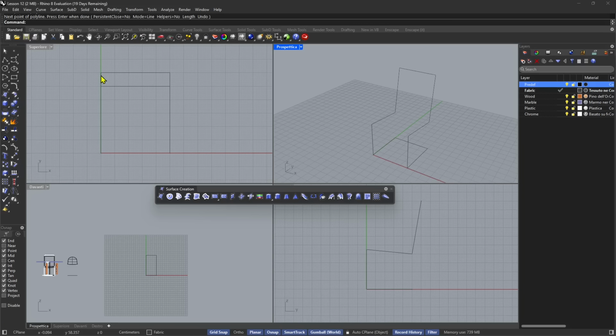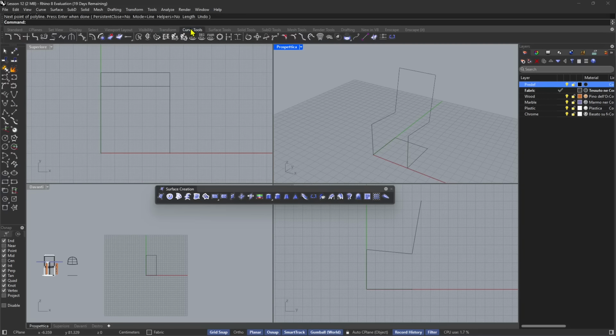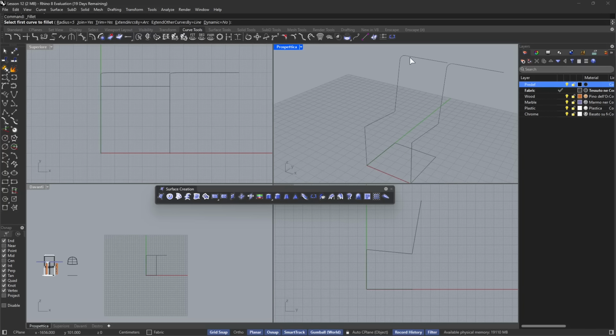And how do we do that? With the fillets, which we find here or in the curve tools. You always have many ways to access tools. I'm going to do a fillet curve repeat in this case because we have more than one. The radius, let's say, is going to be 5 centimeters. Press enter, and we can also join the objects that we select and then trim as well. And that's it. So let's start, and I'm going to click on the first one and then the second one, then the second one and